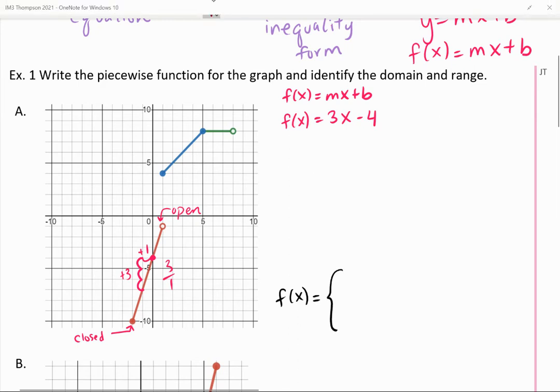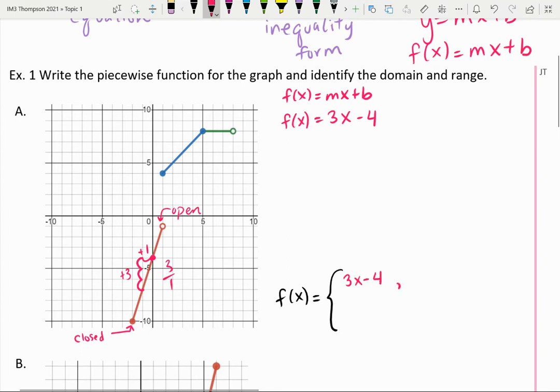So my first equation here, I'm just going to write down the 3x minus 4,